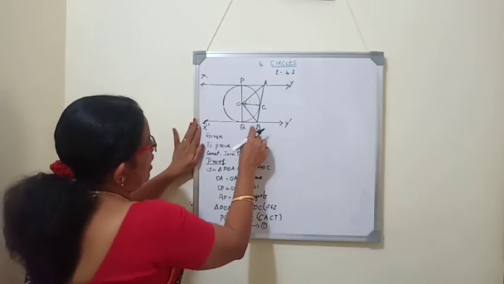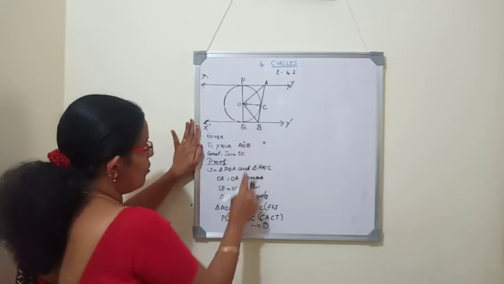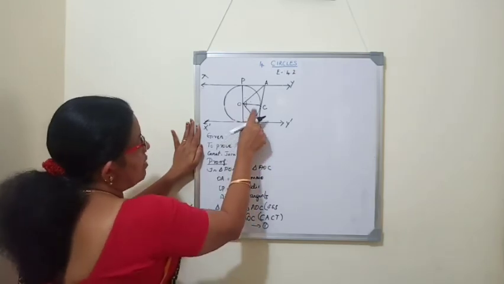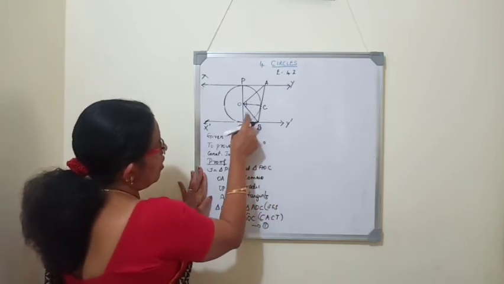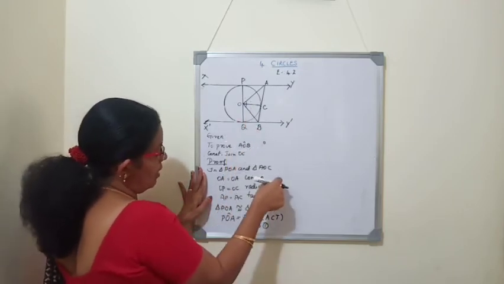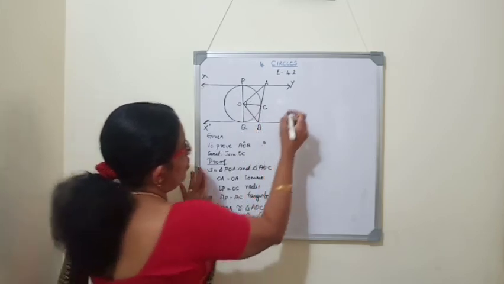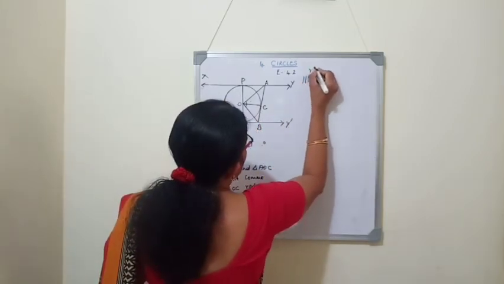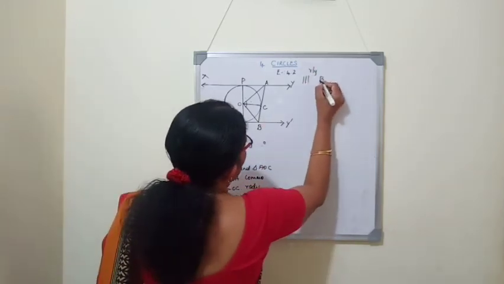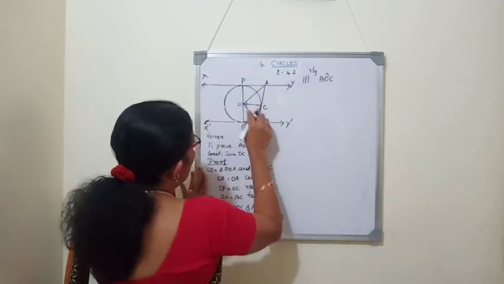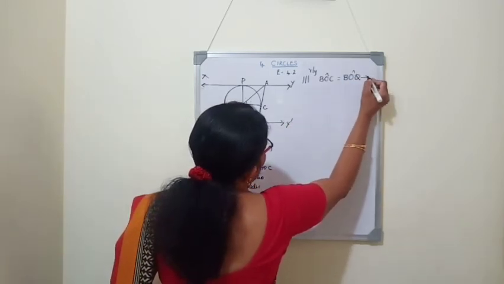Now, similarly, there is another quadrilateral BCOQ. This also we can prove in a similar way, that the triangles are congruent. So, we are not proving directly; we will write, if triangles are congruent, which two angles are equal by CACT? Angle BOC is equal to angle BOQ. So, we will write similarly. This is the symbol for similarly. In the same way, angle BOC is equal to angle BOQ. Equation 2 you will write.